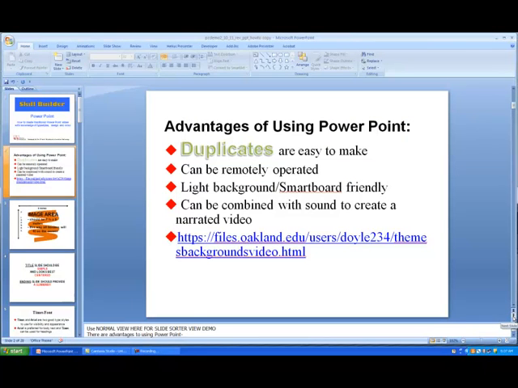The pace of viewing is controlled by the instructor during the lecture. If the room is smartboard friendly, you can annotate on them. Once you have your slides created in PowerPoint, or while you are planning the program, the slides are customizable by